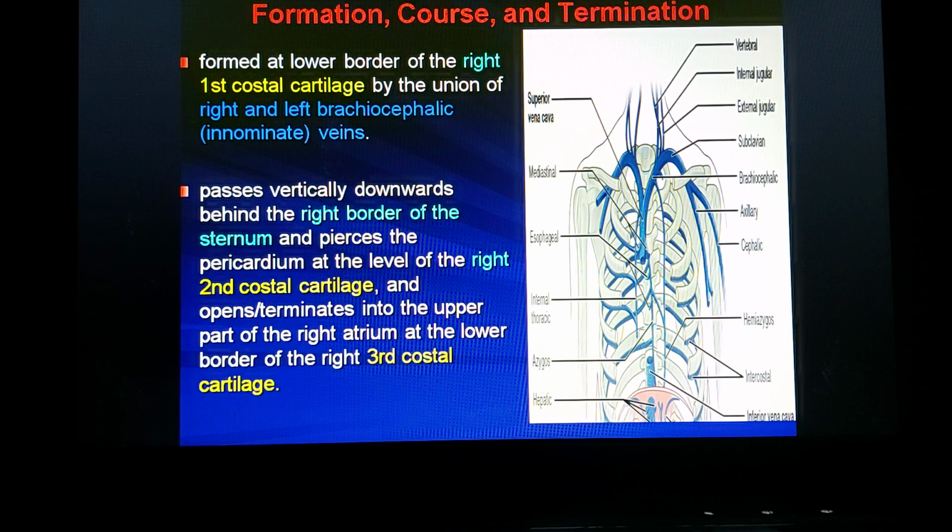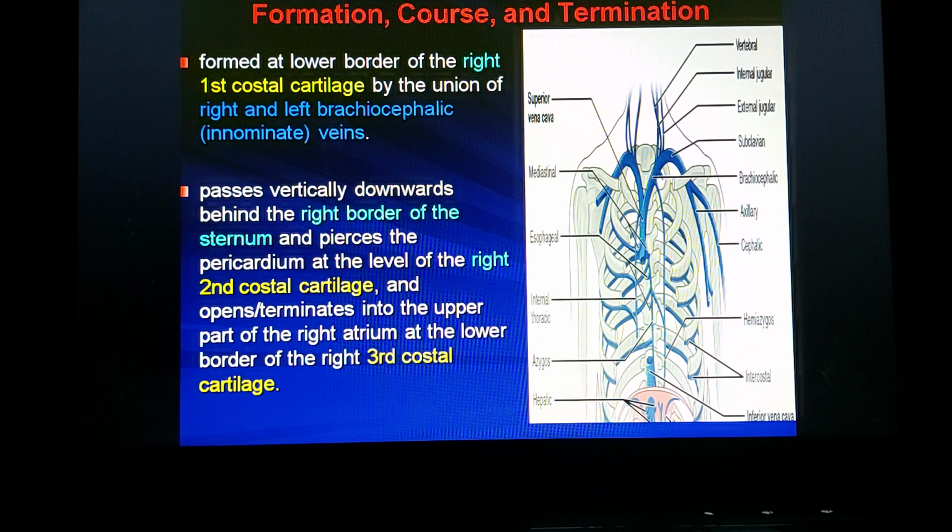And finally, coming to the termination, it terminates into the upper part of the right atrium at the lower border of the right third costal cartilage. Here there will be the termination. So this is the third costal cartilage. Okay, so it terminates into the upper part of the right atrium at the lower border of the right third